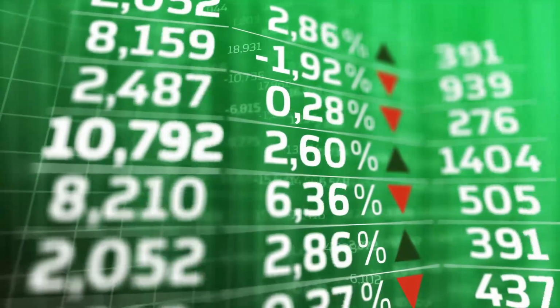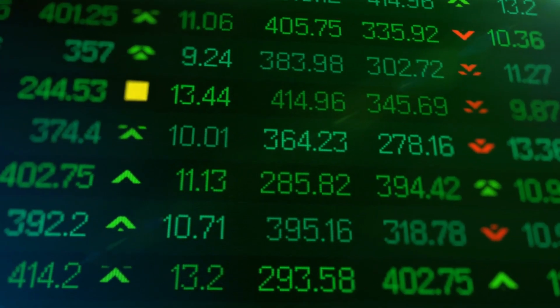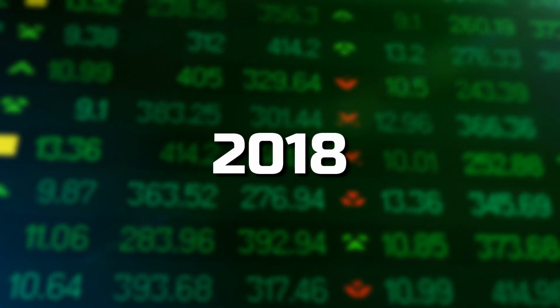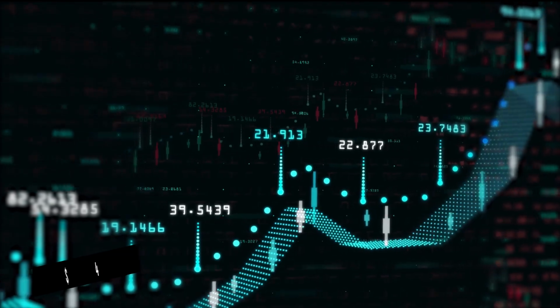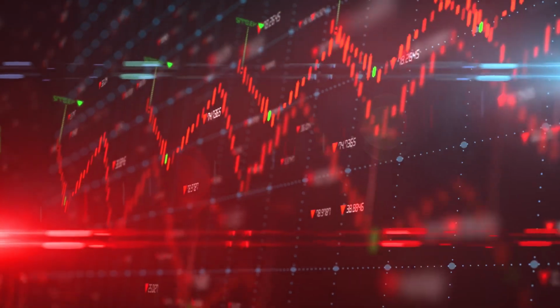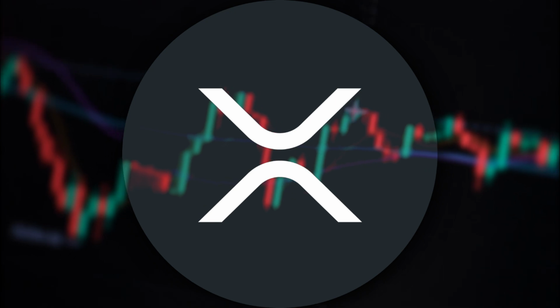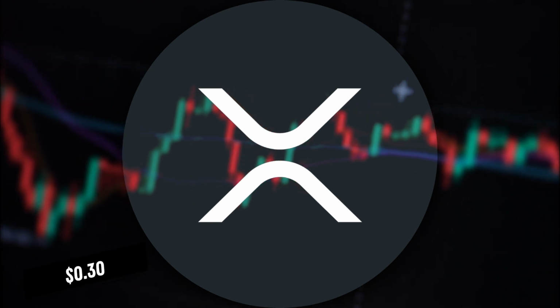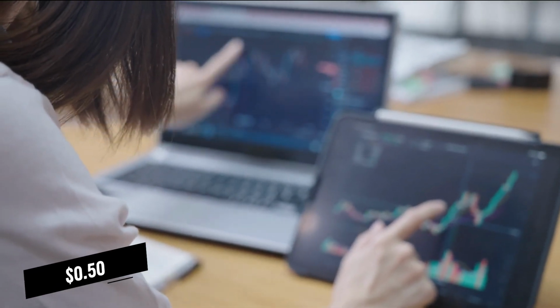The value of the asset had been increasing all throughout 2017, and it continued to do so right up to the beginning of 2018, when it reached a new high of $3.84. However, this was quickly followed by a significant decrease in value, which had an effect on the values of all other cryptocurrencies. The price of XRP reached a level of stability at 30 cents towards the end of 2019, and it did not go above the threshold of 50 cents at any point during the year.